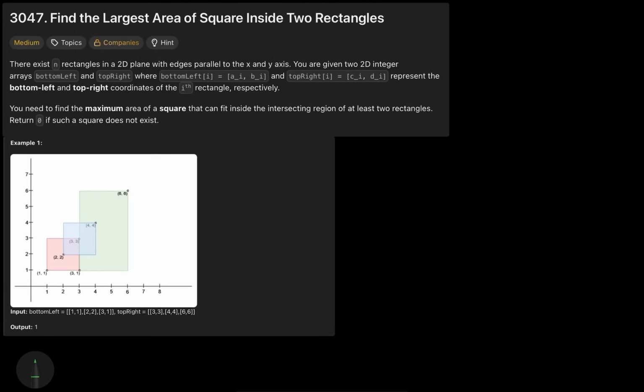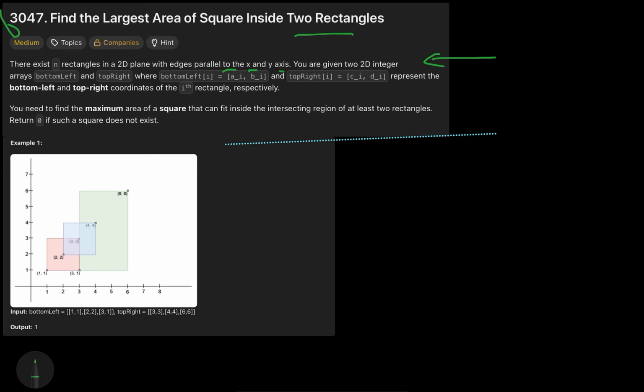Hello everyone. So today we are going to solve this LeetCode problem, which is find the largest area of a square inside the two rectangles. Okay. So what this question says is there exist n rectangles in a 2D plane with edges parallel to the x and